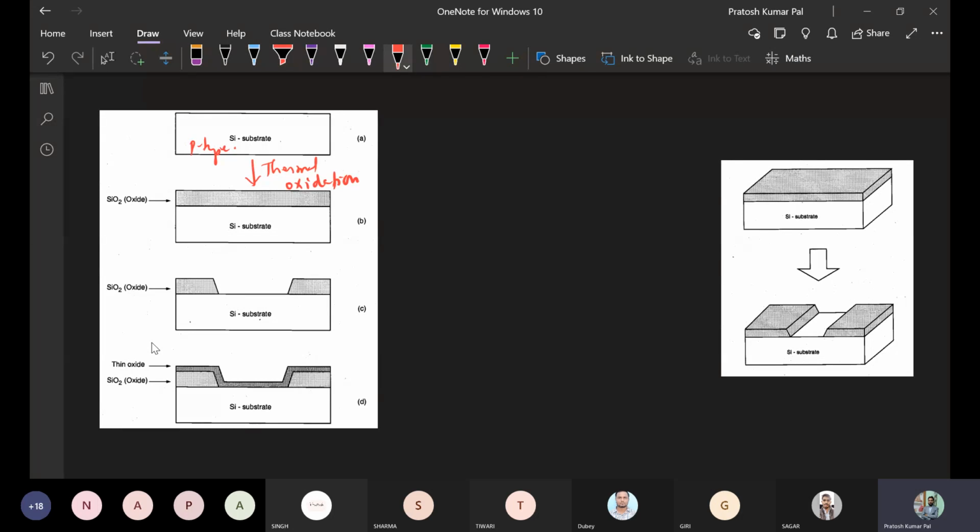This oxide layer is about 1 micrometer thickness. This oxide layer will be of 1 micrometer thickness, grown on this substrate.